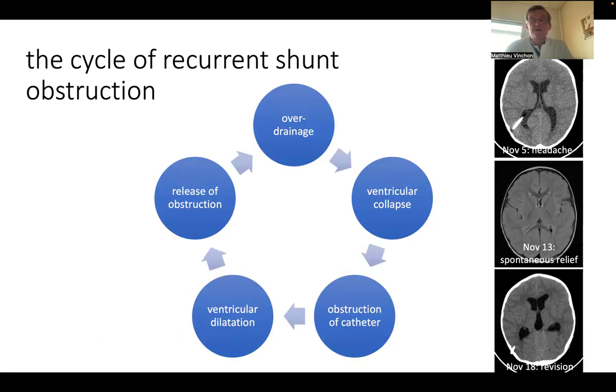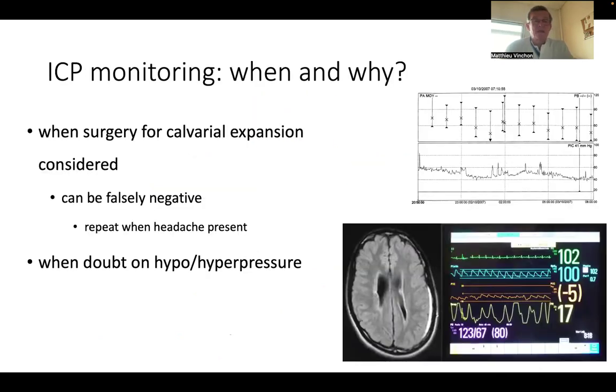So it can induce a cycle of overdrainage, causing ventricular collapse, causing obstruction of the catheter, causing ventricular dilatation, then the release of obstruction, and then again overdrainage. So it can happen for some times. So do we need ICP monitoring? When and why do we need it? We needed it when we consider calvarial expansion,